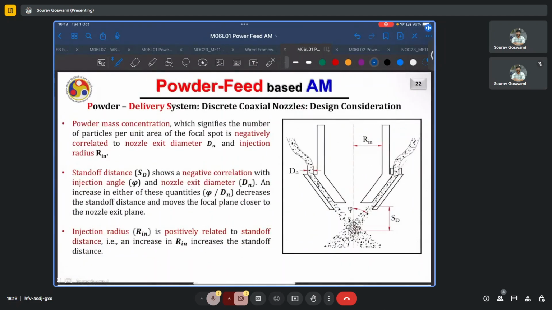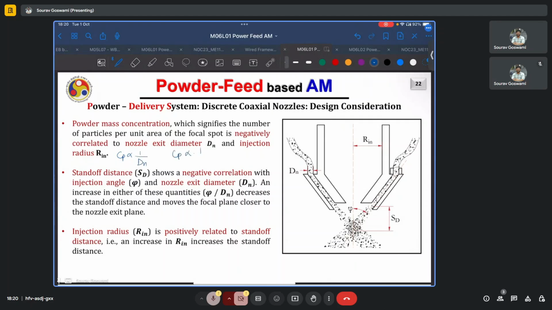So the powder mass concentration, or the amount of powder, here is defined as the number of particles per unit area of the focal spot, and is negatively correlated to nozzle exit diameter dn and injection radius rn. A negative correlation implies, say if this powder mass concentration is some Cp, inverse proportionality. So 1 by dn, nozzle exit diameter, and